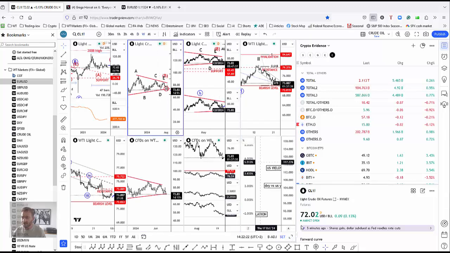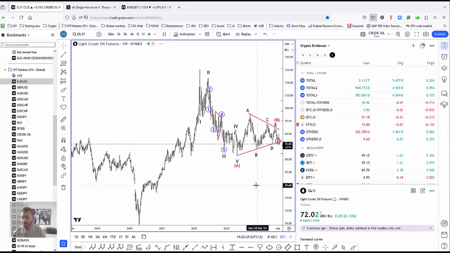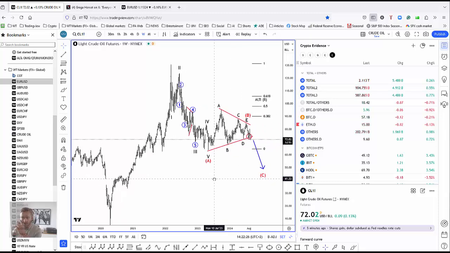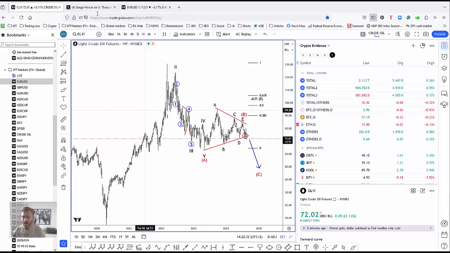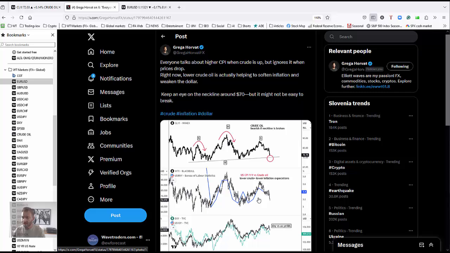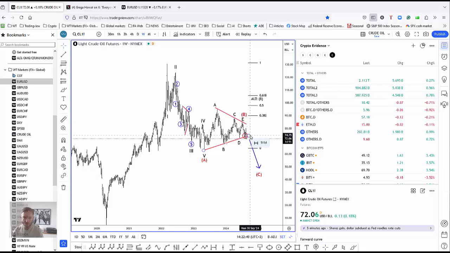So if we look firstly, before we go to the euro chart, at crude oil, I have been tracking this triangle for a while, and even highlighted some bearish head and shoulders pattern that I've been posting here weeks, months back. And this, by the way, is still very active, very attractive. If we can break the neckline around $72, or $70, then I think much more weakness could be in the cards.